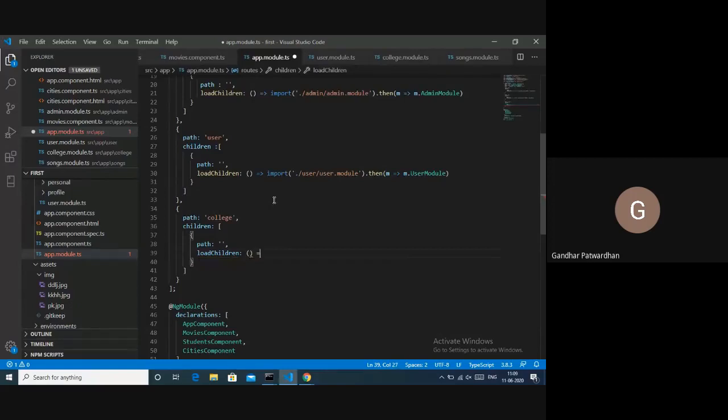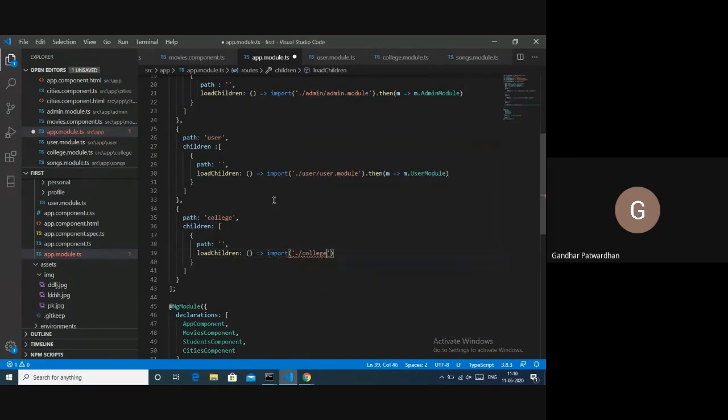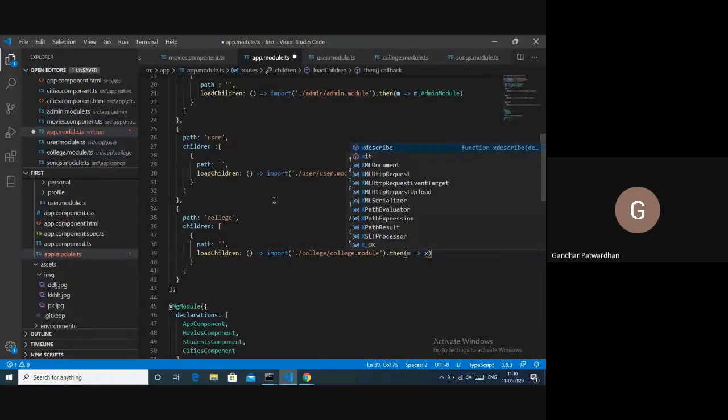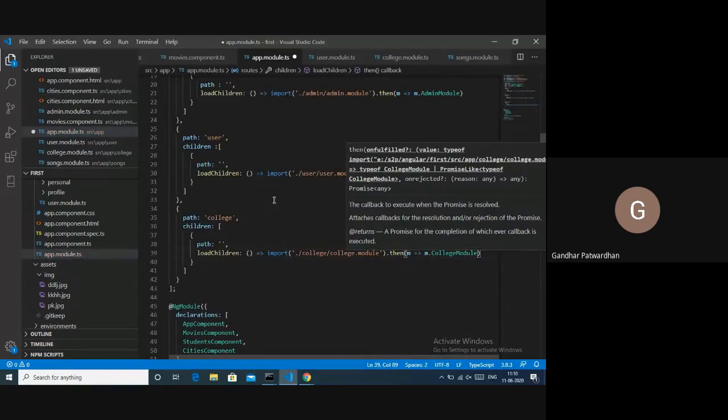Then a function, this function takes import. What will I import? I will say ./college/college.module. This is the name of our ts file except the .ts extension. And then I will say .then, and I would use m. Instead of m, you can use x also. It is just a callback function, and I would say m.CollegeModule, which is our college module.